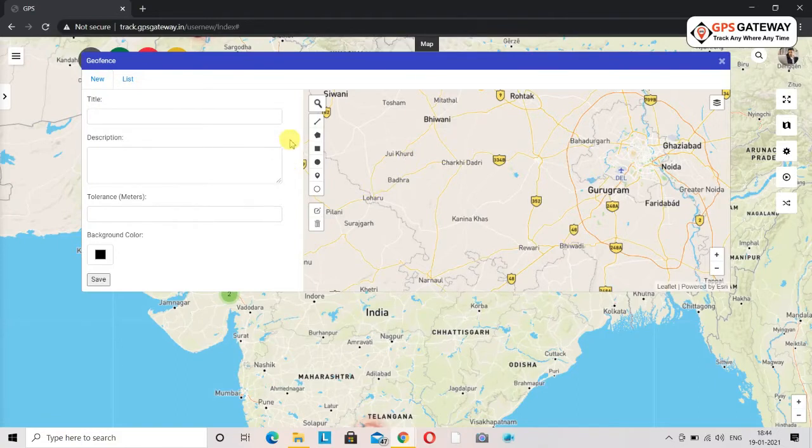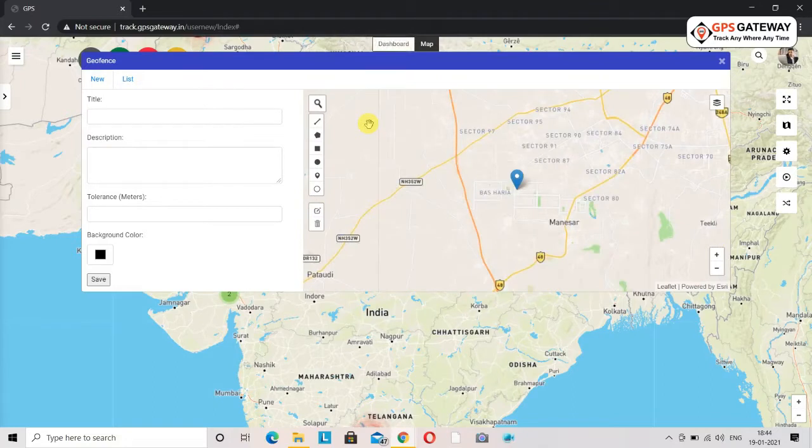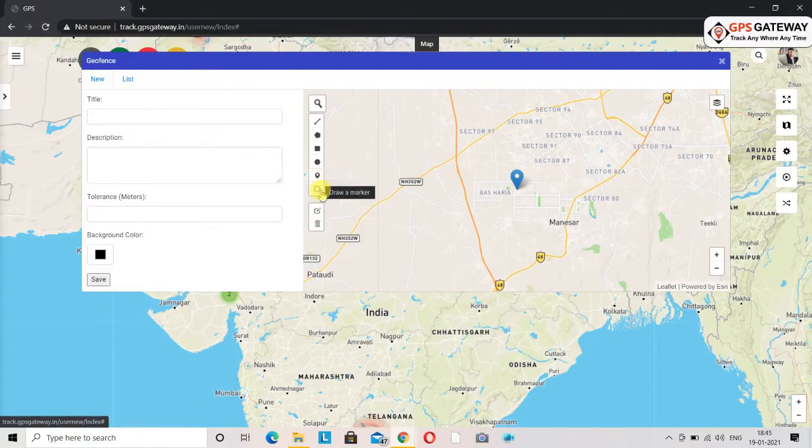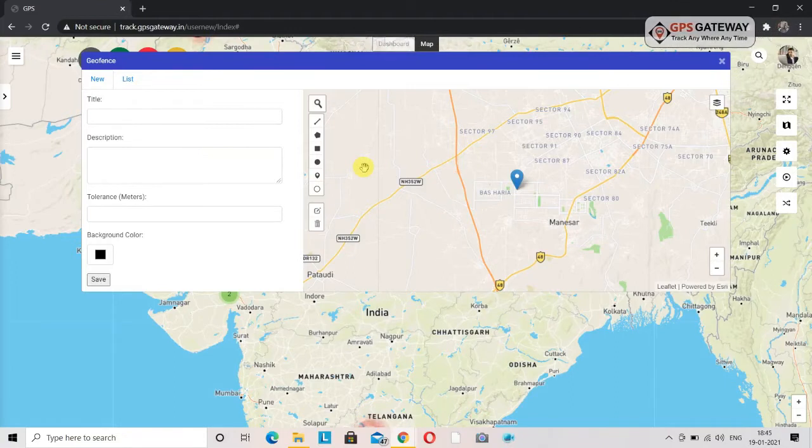First, we will search for a location in which you want to add a geofence. I have entered IMT Manesar in the search option here. Now that you want to get a notification on mobile of the location your transporter would go in and out, you need to add the geofence area here. There are a lot of options for geofencing available here that you can use, like polyline, polygon, rectangle, circle, marker and circle marker. We will try to make all of them one by one. This way we will understand them much better.